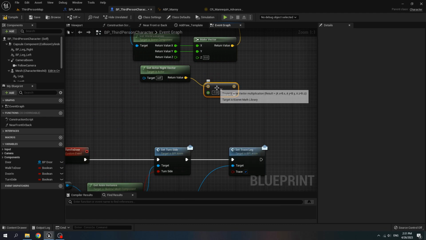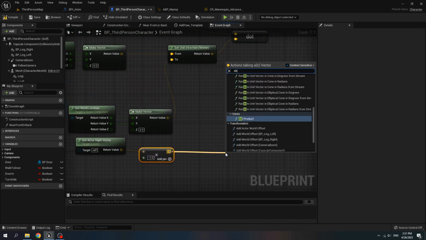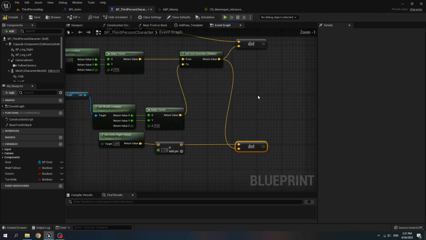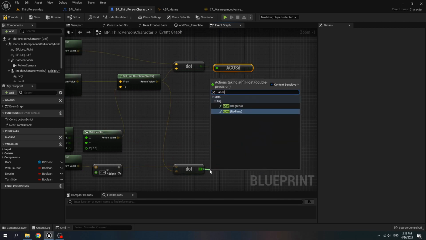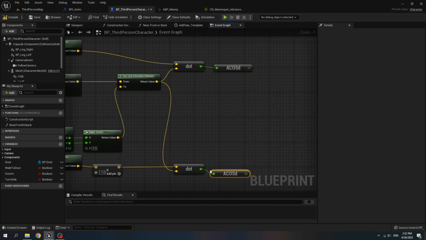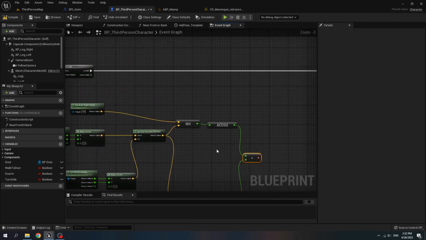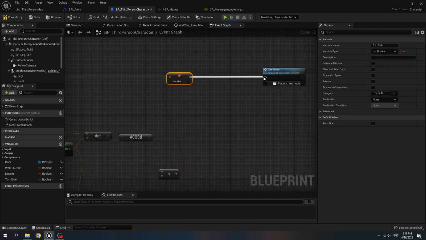When we multiply it by -1, it becomes the left vector of the character, and dot product with the unit direction and call a cos degree for these two values and compare with less than, and then set turn side. This one we can use to find the turn side that needs the lesser angle to the door.